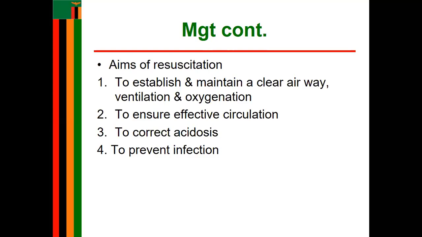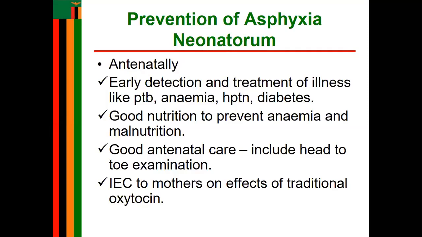From there, talk about elimination. So in terms of elimination, you check the output and compare it to the input by using a fluid balance chart, and this will be done to rule out fluid overload by checking the feces, the baby's passed meconium, and also the urine output. So that is how your management should come out. Then from there, when it comes to prevention of asphyxia neonatorum,